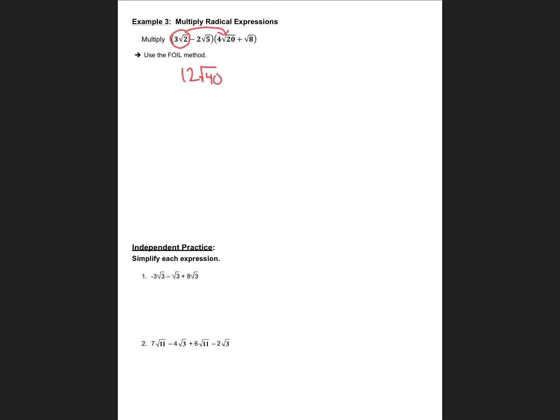Now let's do it in a different color, 3 radical 2 times radical 8. Well, the 3 is the outside number, and then the inside numbers, 2 times 8 is 16. Next, I'm moving on to the negative 2 radical 5. I'm going to multiply it by 4 radical 20. So outside numbers, negative 2 times 4 is negative 8. Inside numbers, radical 5 times 20 is 100. And then last,